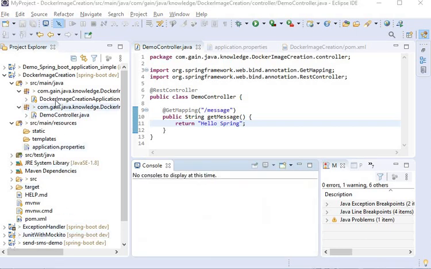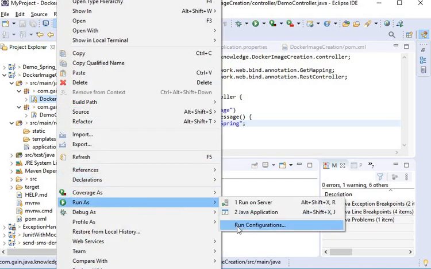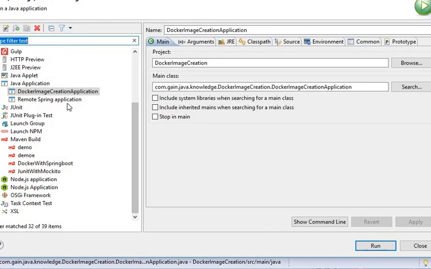So now one more final step, that is to start running a remote Spring application. So here I will click and go to Run As configuration. Here I have already created one remote Spring application. Here we just need to define the name and the project, and the main class is provided by RemoteSpringApplication.